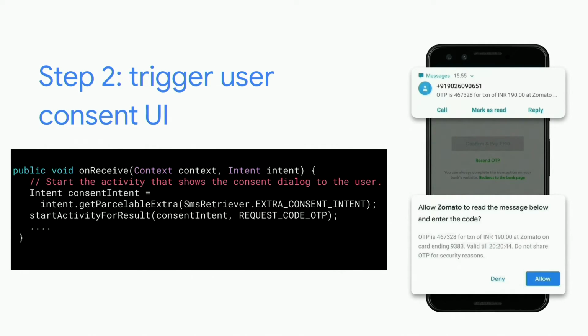What does it do? It will show that dialog you're seeing there at the bottom of the screen, and this will show two things to the user. First of them, it will tell them which app is requiring access to the SMS, and second, it will actually list the content of the SMS. The user will then be able to see clearly what is being given to the app. Once they click allow,